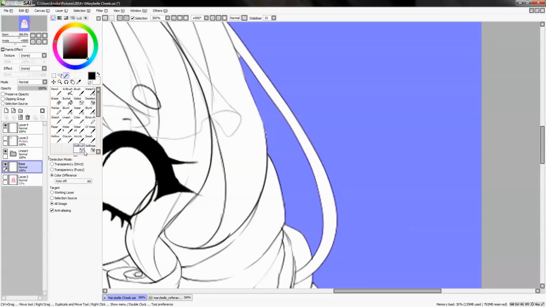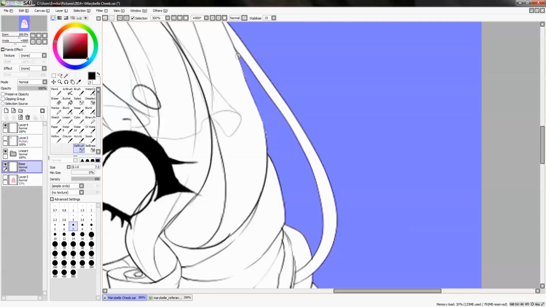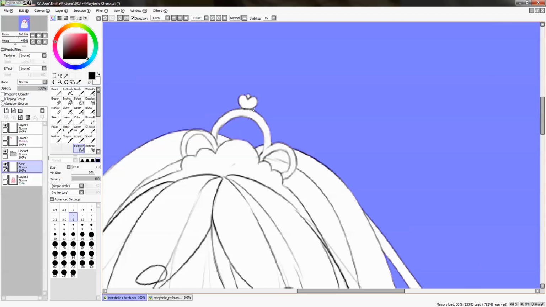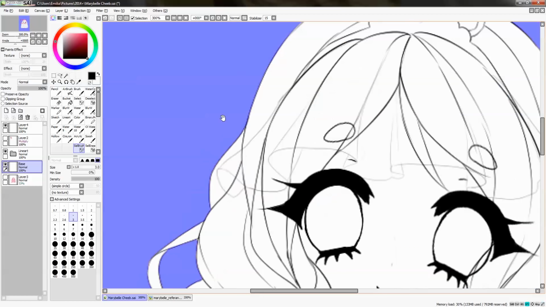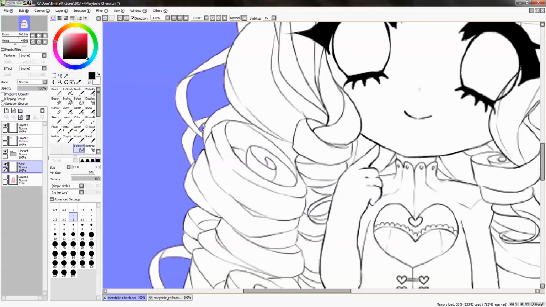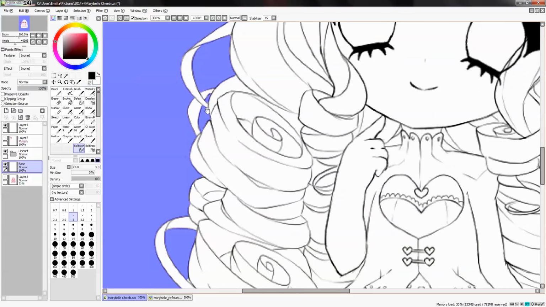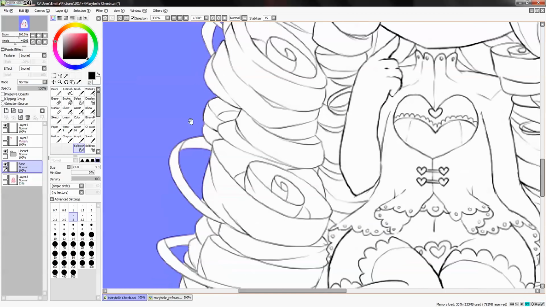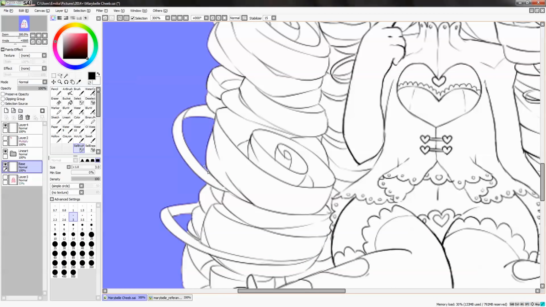And then you just take the selection brush and fill the remaining little parts because it's not perfect and you have to do some work by yourself. You fill the little parts that are missing. Remember to do this outside the character. It's way easier than doing the inside because there are many lines in the way.